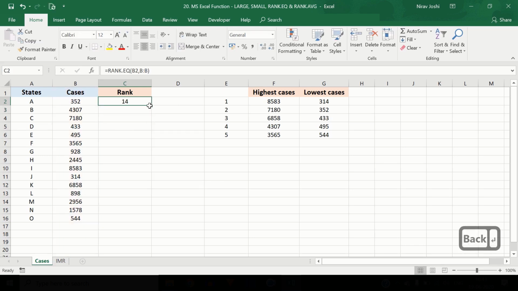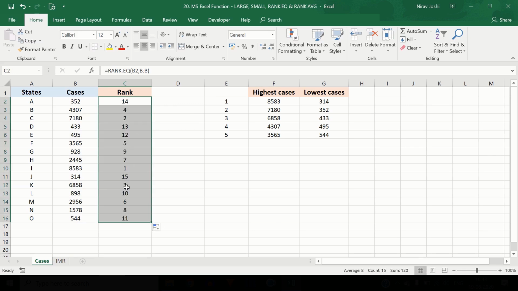So when we drag it down, it will assign the rank to each and every value in that specific range, and that would be in the descending manner. You must have observed that the function LARGE and this function RANK.EQ in descending order are doing exactly the opposite thing.